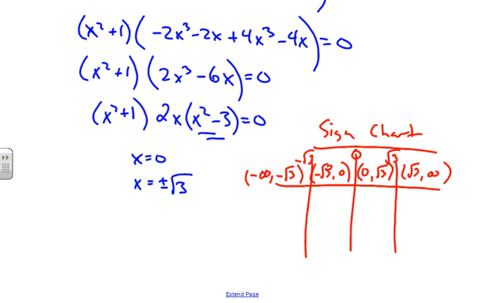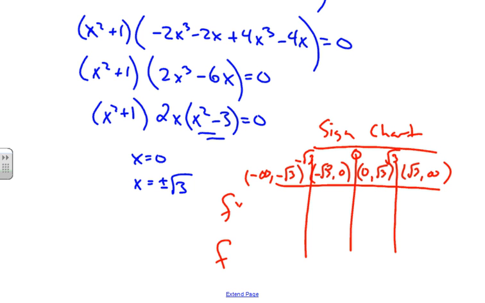All right. Now, make sure you label your sign chart because I am testing this f double prime, because f double prime will tell me stuff about f. And that's essentially what we want to know. All right, so we are going to plug in the value on the interval from negative infinity to negative square root of 3. I'm going to pick negative,